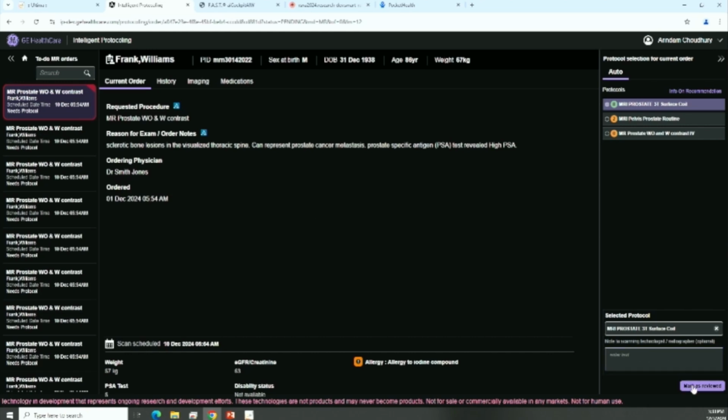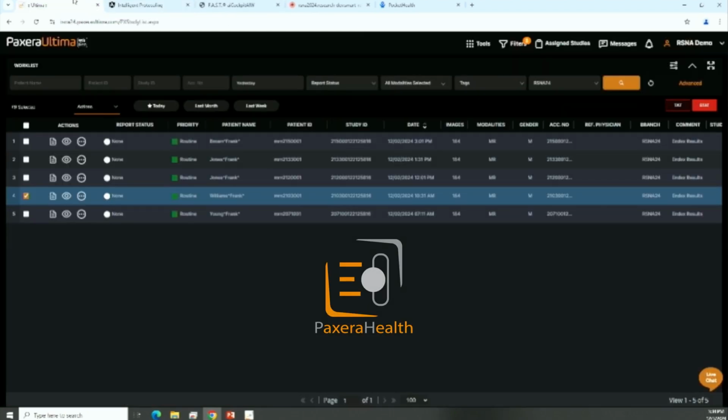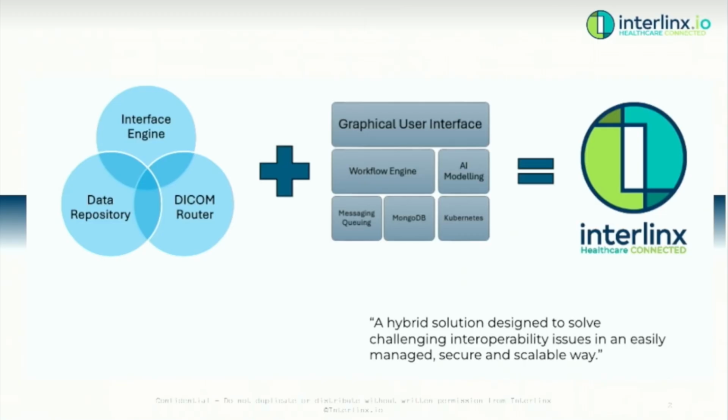Now, once the scan is performed, the MRI images are captured and they arrive in PACS, which in this case is the Paxera Ultima 9th generation. In addition, behind the scenes, we have the Interlinx interface engine, which serves as the glue connecting all these tools seamlessly and effectively. Interlinx uses current standards as well as machine learning to optimize and simplify imaging data movement and